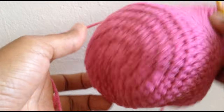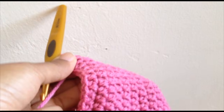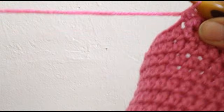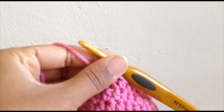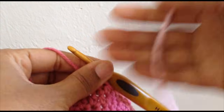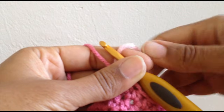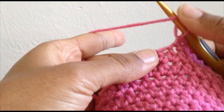Now all 15 rows are complete, so I'm going to cut my yarn, but I'm not going to pull it through because I need to attach another color. So now I'm going to work with the light pink. Ooh, come here. The light pink color. So what I'm going to do is start